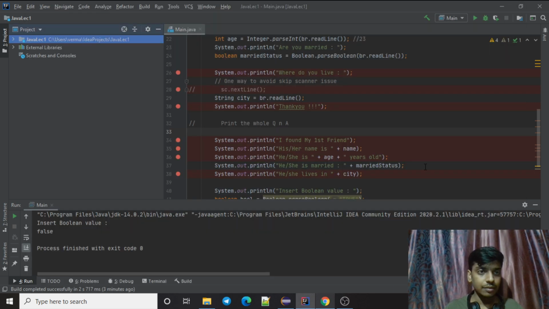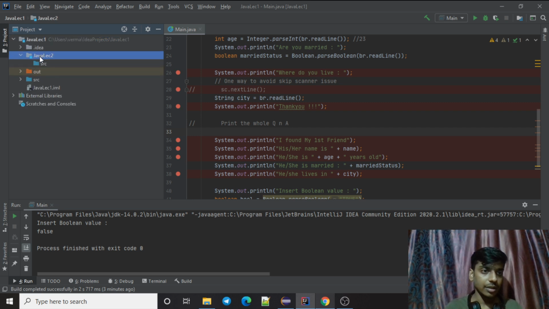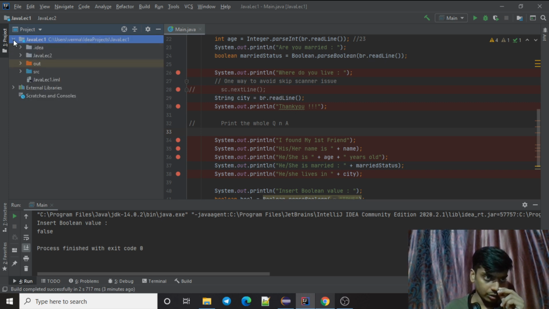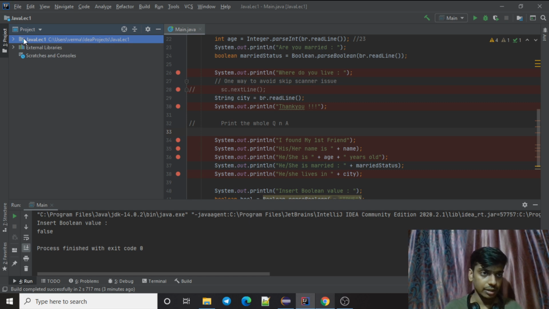Okay, finish. Yeah, this is coming inside this only. Okay, I basically wanted to create a project parallel to this. I think for that I need to create a new project. That's not what I wanted to.